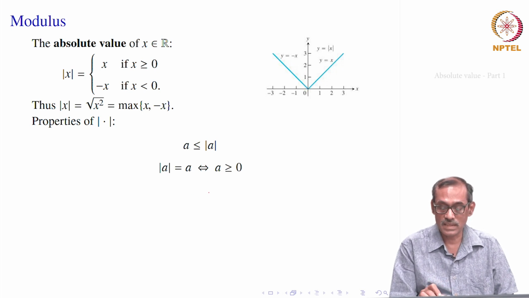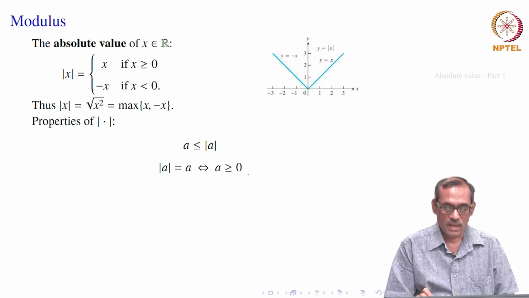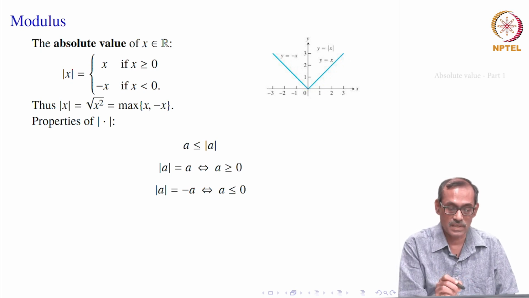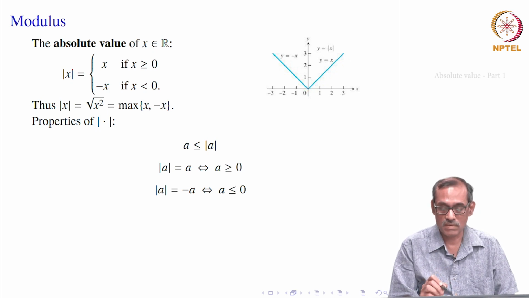So, on the other side we would say that mod A equal to A if and only if A is greater than or equal to 0. Similarly, if it is less than 0, you get mod A equal to minus A whenever A is less than 0. But another point included here is A equal to 0. At 0, let us see the modulus from the definition. Mod 0 equal to maximum of 0 or minus 0, anyway it is 0. So, also we can include the equality symbol here: mod A equal to minus A if and only if A is less than or equal to 0.